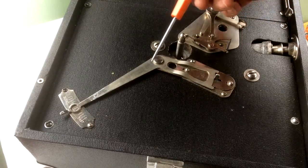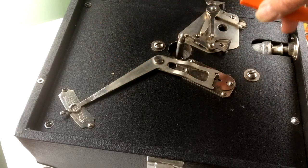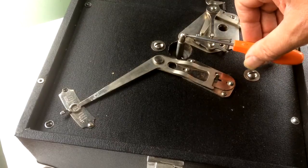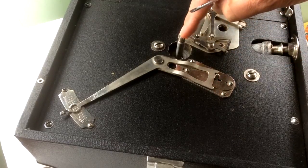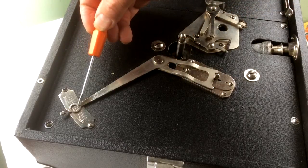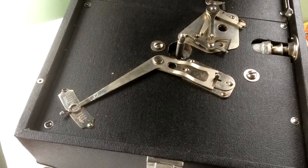And that plate is connected through to the pointer. What we're trying to achieve is a speed of 78 RPM, 79 RPM at the spindle when this arm is pointing to 78 on the speed indicator. So in order to do that, what we first of all need to do is to assess the speed we've